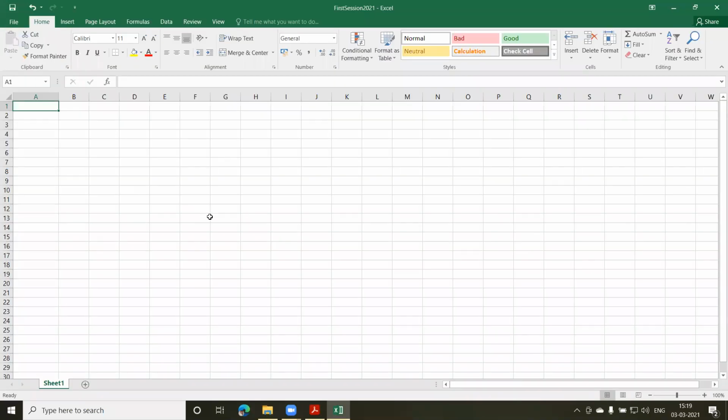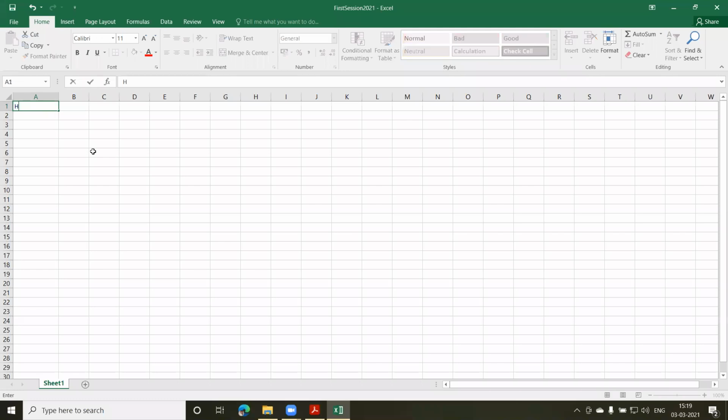Now you can see this file has been saved, and on top here, you'll find that there's a name given to this file. Now let us see some menu options which we have on the ribbon. This is my first tab, the Home tab, and these are the buttons which are available. Now, buttons can be of different types altogether. One of the buttons is a simple button where, if you click on it, it'll just perform.